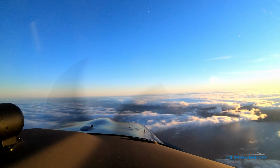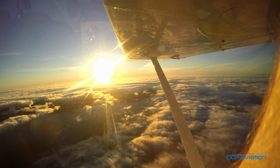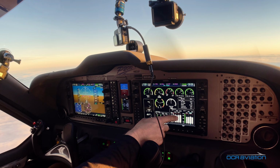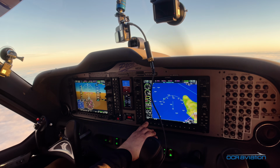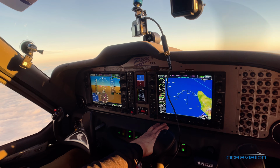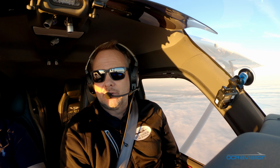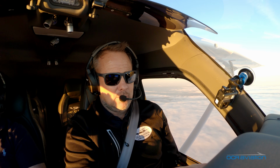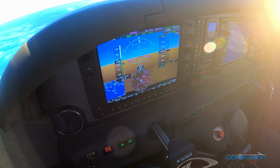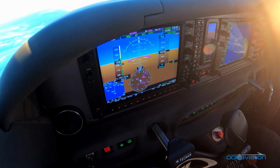And it's got the GFC 700 autopilot. It's got a real nice engine page here that I'm not sure the Cessna G1000 version has. This is nice. You can just toggle back and forth from your map to the engine page. And so, apples to apples, I think this airplane is pretty much as fast as the Skylane is. I got coordinated here and I got another knot out of it, so it's 140 knots true. A normally aspirated Skylane. And